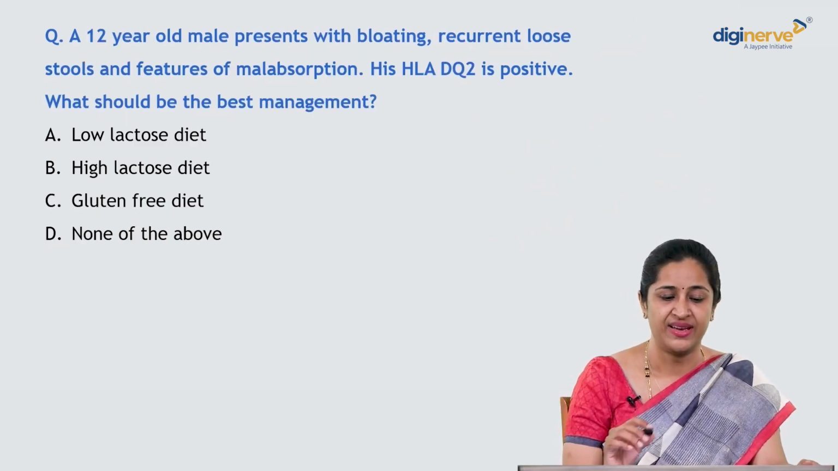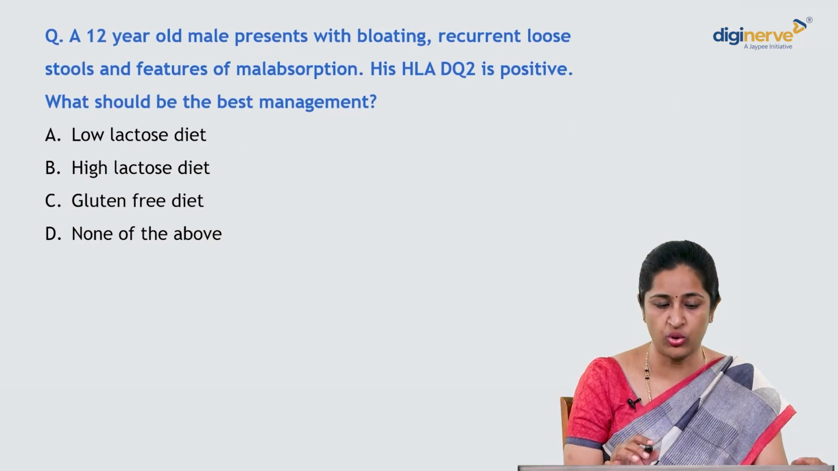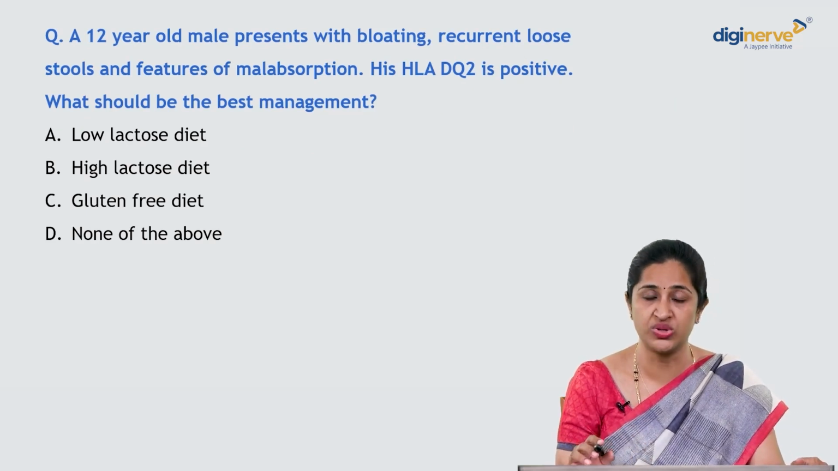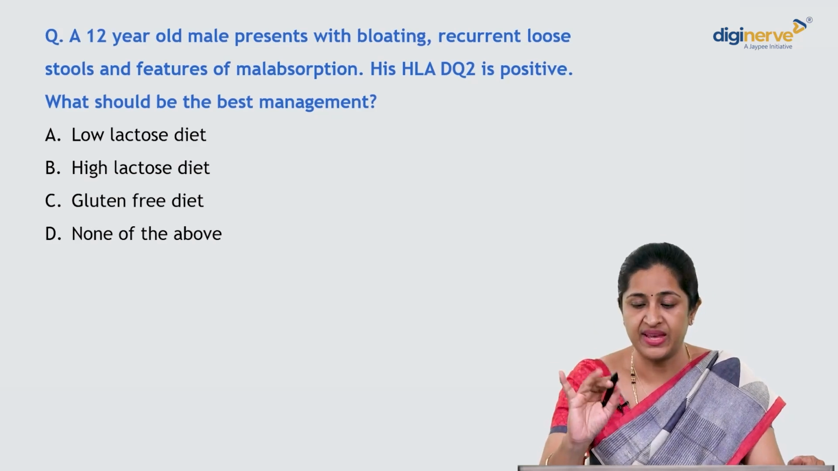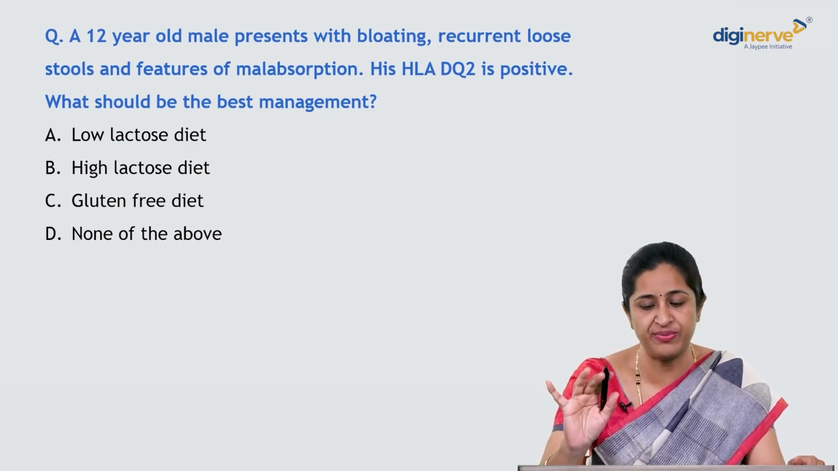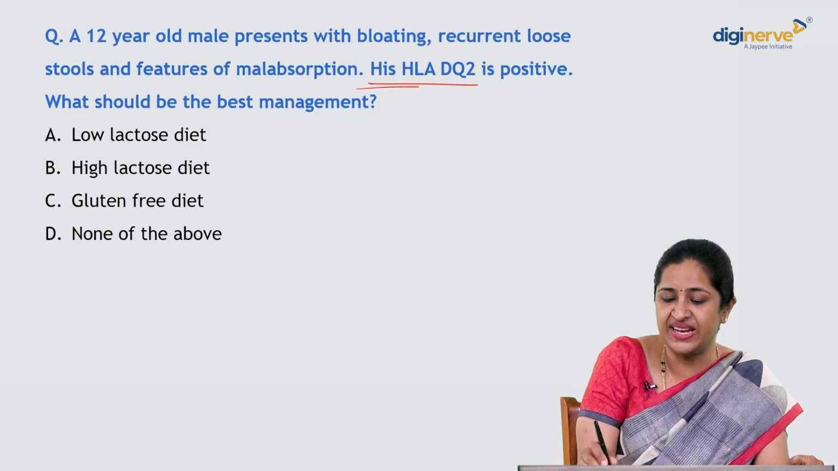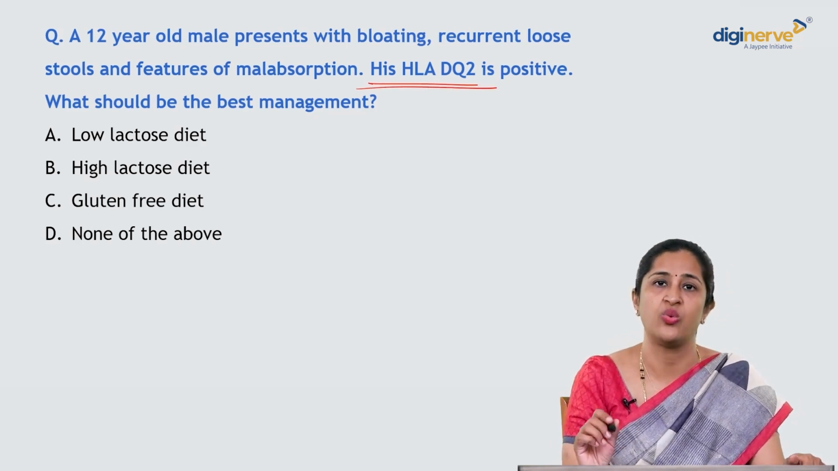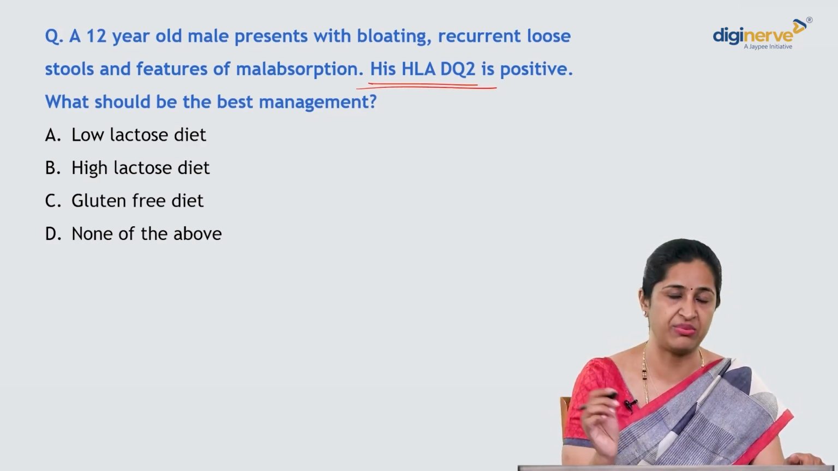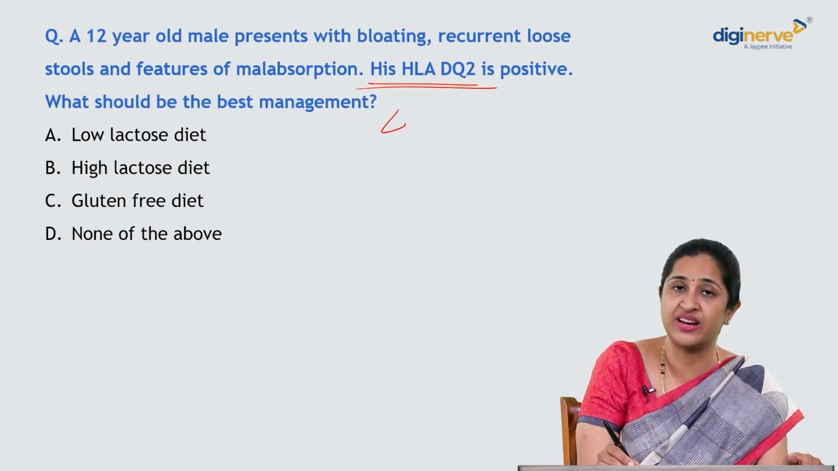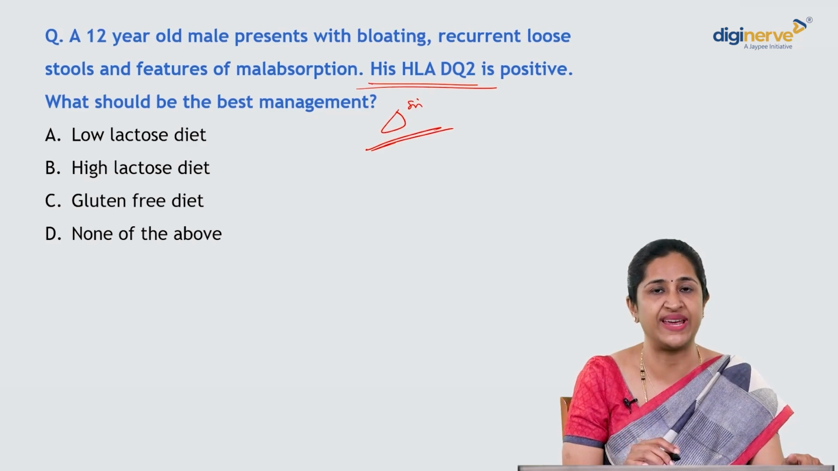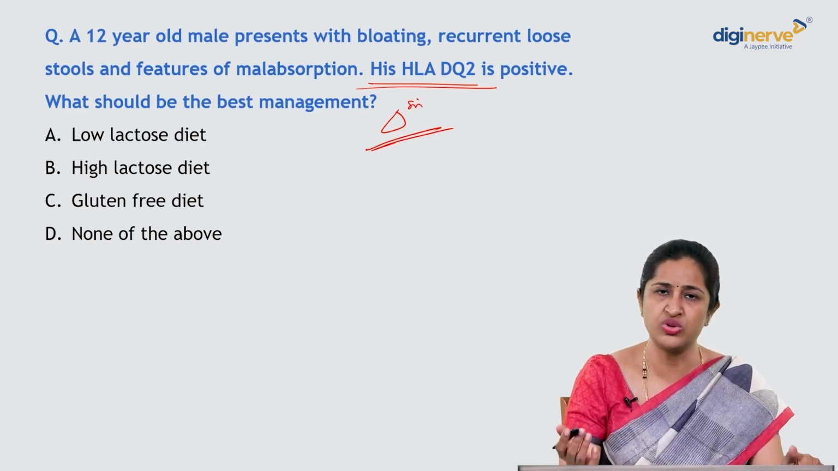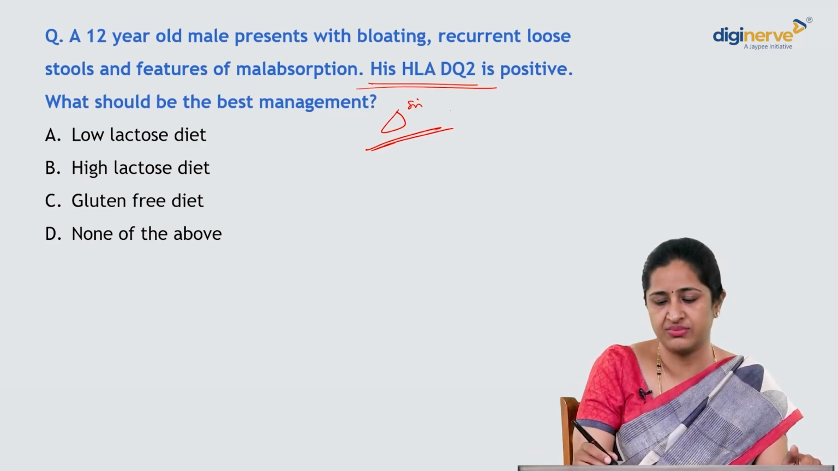Next question. A 12-year-old male presents with bloating, recurrent loose stools and features of malabsorption. His HLA-DQ2 is positive. What should be the next best step in management? Again, a 2-step problem-solving MCQ. First, what is the diagnosis? We have loose stools, bloating, malabsorption. So this is a